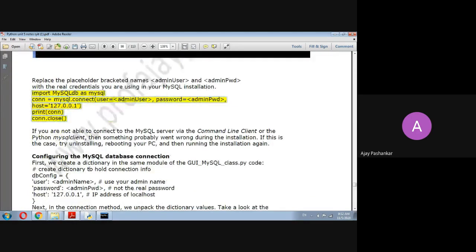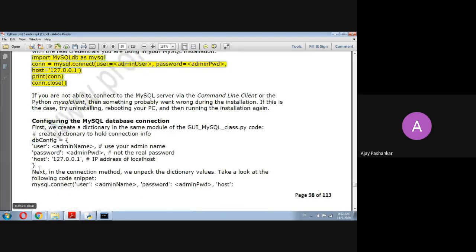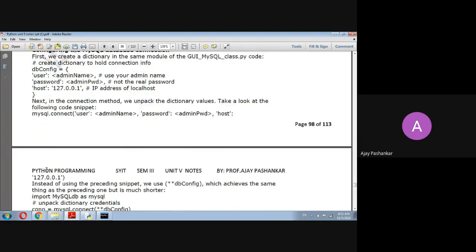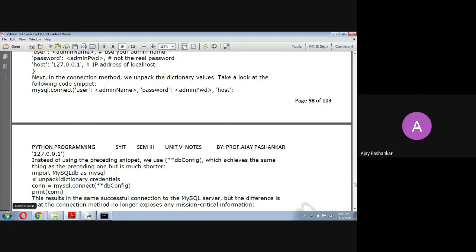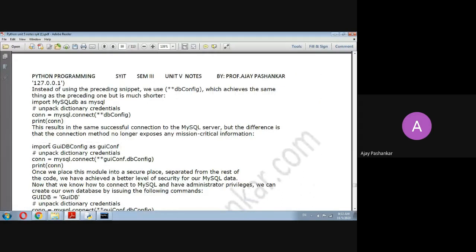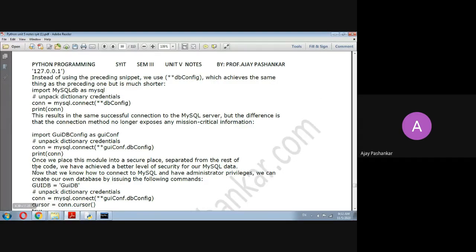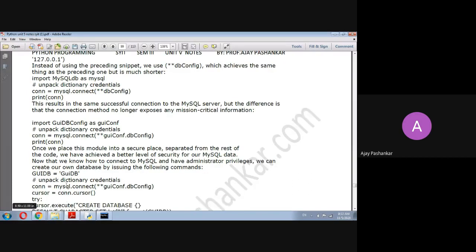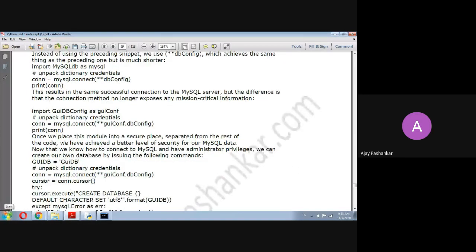So configuring MySQL database connection. More often we will be discussing this part in practical. So I'm just showing the installation part and other things. So you can just use this import. So in this particular note for theoretical purpose, this entire practical session and other coding snippets were shown in Eclipse. Eclipse is an editor used for Java also, but for simplicity, while performing practicals, we'll be using normal Python ideally along with your MySQL.